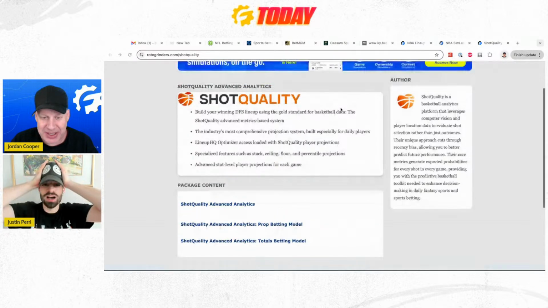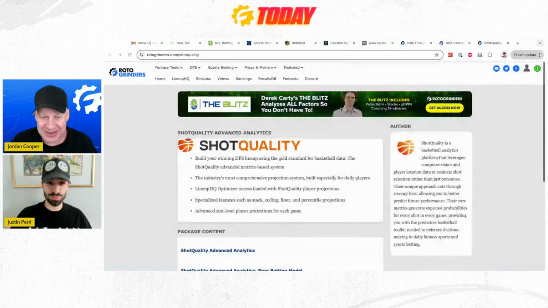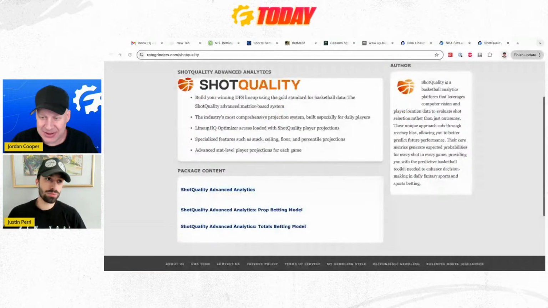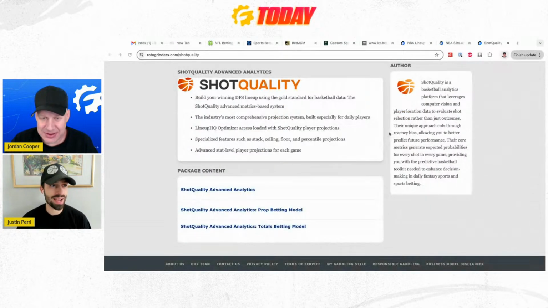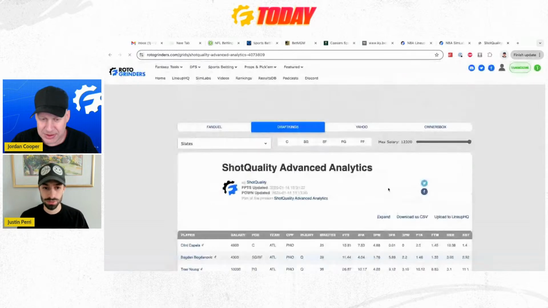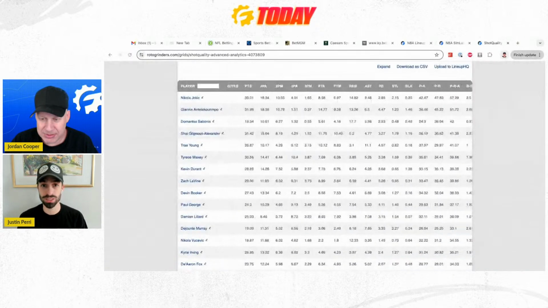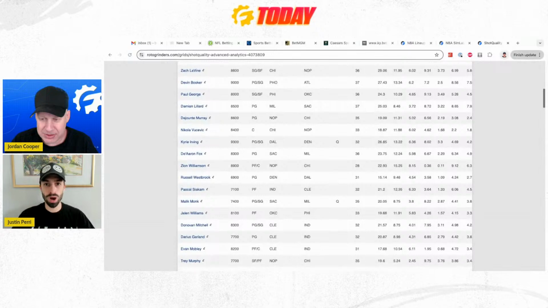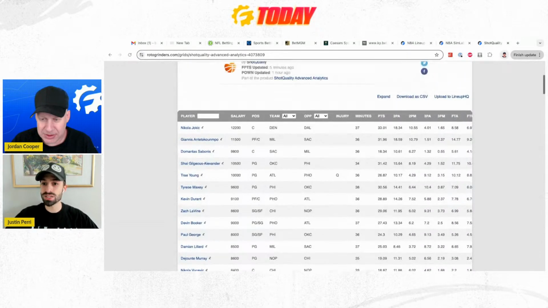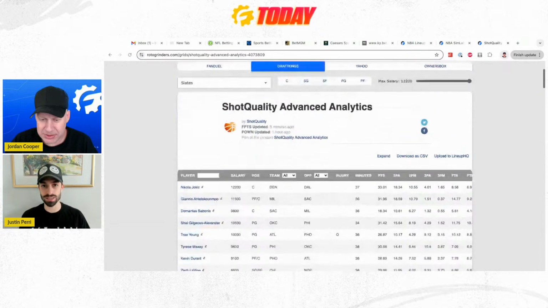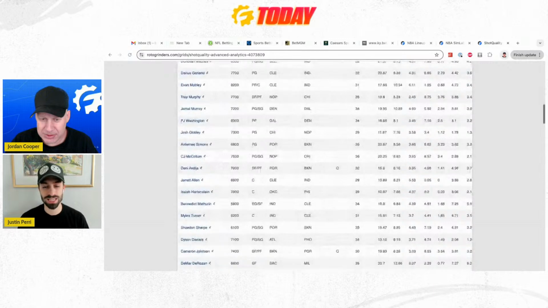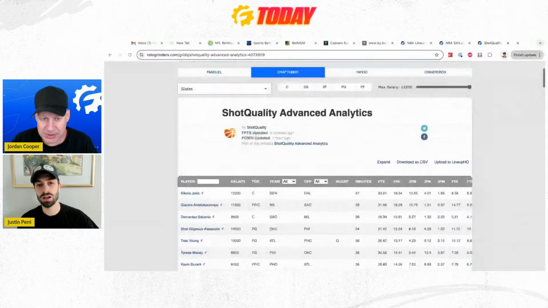Yeah, so shot quality, I can give the spiel. It's basically a computer vision and AI powered algorithm. So instead of just looking at scores, shot quality actually has eyes. We ingest video. Every data point that you see here comes from watching players take every single shot that they've ever taken. And we have the entire NBA for the last 5 to 6 years, backlogged as well.